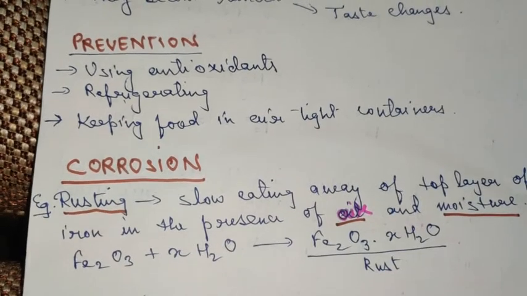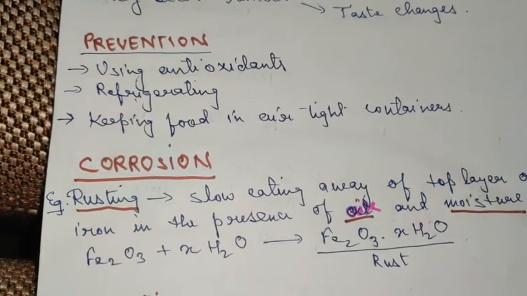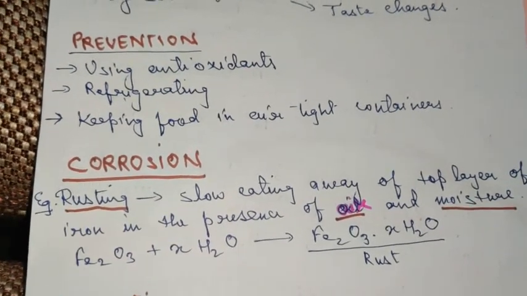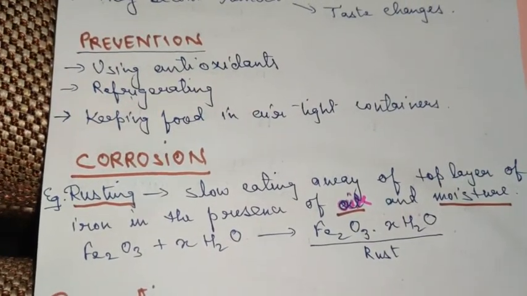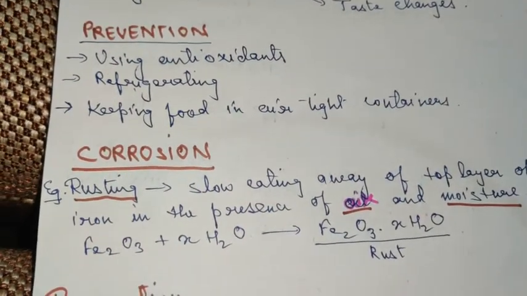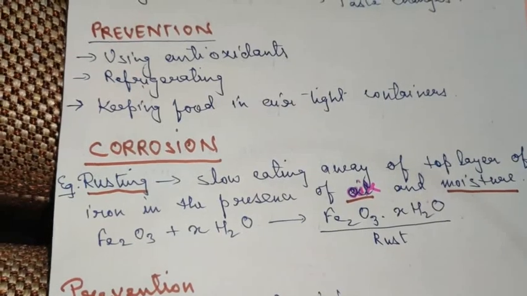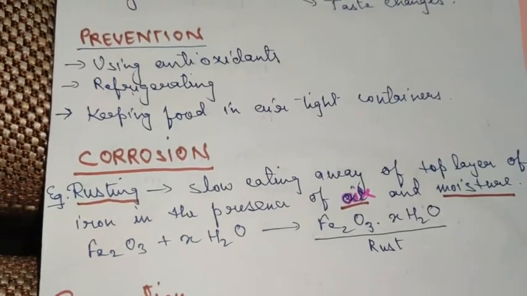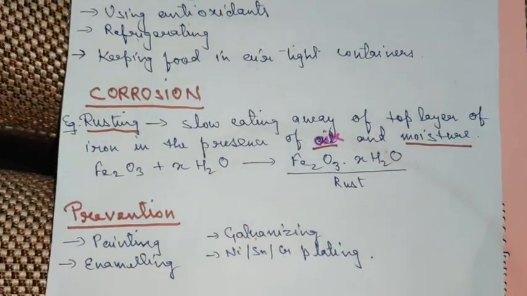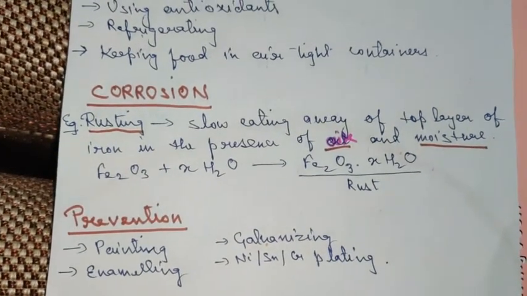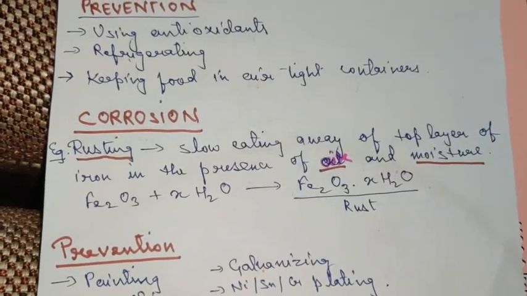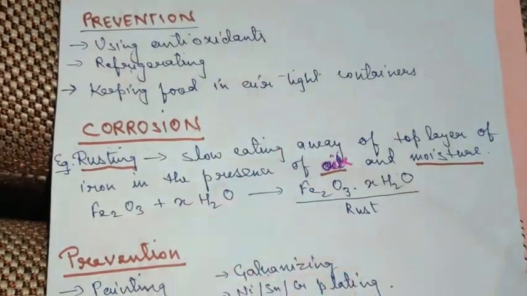And rusting is an example of corrosion. It is not necessary that corrosion occurs only on an iron surface. Any metal surface which is reactive in nature can get corroded. Or even if it is not a metal surface, you have heard about the Taj Mahal turning yellow. Why? Because the marble is getting corroded due to acid rain. So corrosion can occur on any surface. It is a surface phenomenon. Rusting is the common example because rusted iron is seen by everyone, and it can be commonly seen in our surroundings.